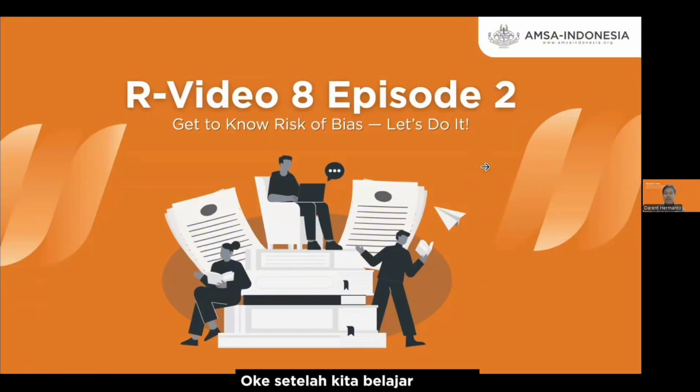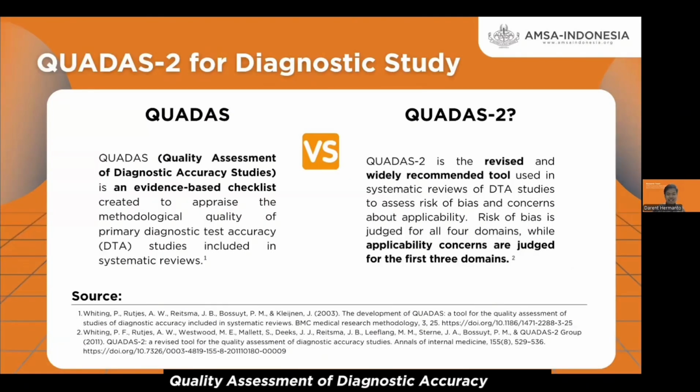Okay, after we learn about ROB and Newcastle Ottawa Scale appraisal methods, now we will explore the essential tools for evaluating the quality of diagnostic studies to ensure your research findings are credible and transparent. The Quality Assessment of Diagnostic Accuracy Studies, or QUADAS, is an evidence-based checklist designed to appraise the methodological quality of primary diagnostic test accuracy studies within systematic reviews, while QUADAS 2 is the revised and widely recommended version of this